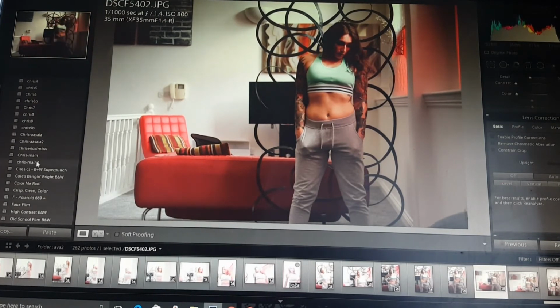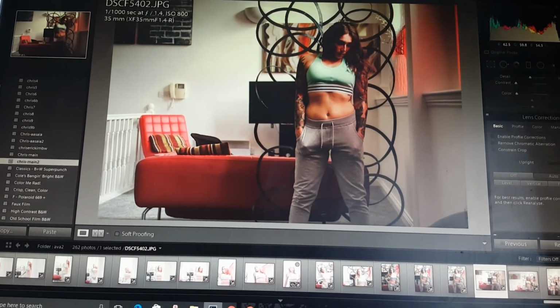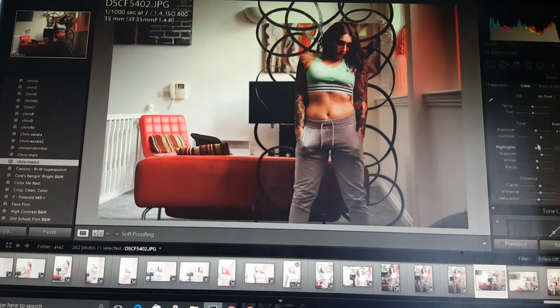So go back over to the left where my presets are. Again, click Main 2. That gives a nice look that I like. There's a little bit dark in there. Obviously we've got this slight red glow from the blinds on the window, but I'm going to again look at this,